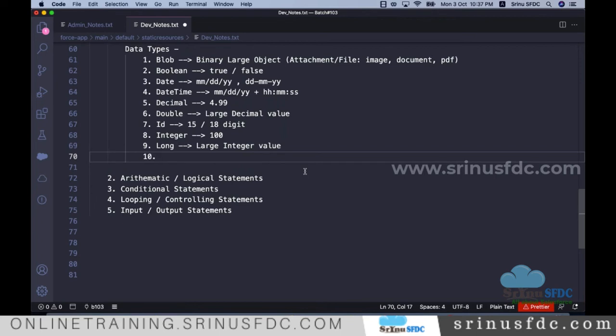The next thing, object, is one of the data types. If you want to hold a generic value, if you don't know what the size is, you just want to hold any type of data in a generic way, that time we use this